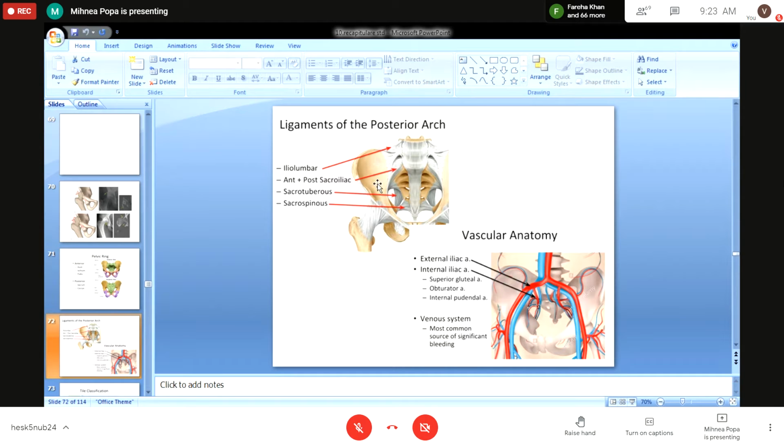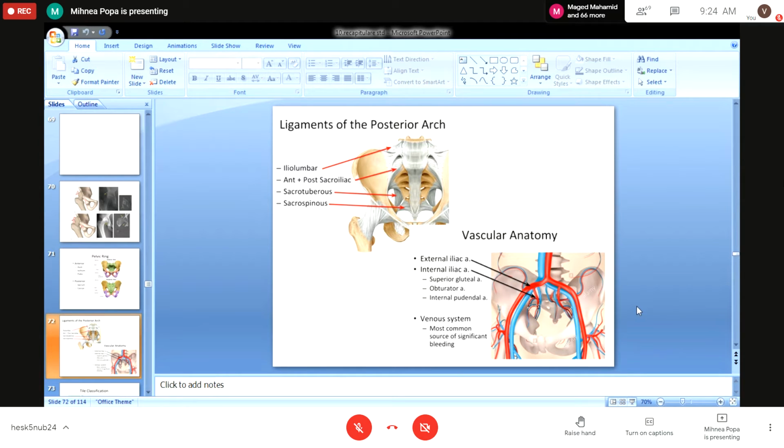Very important in this type of lesions, because next we will discuss lesions of the pelvis. This is also an orthopedic emergency, because first of all, the vascularization, as you can see here, is very high, and the most problematic part of these types of luxations or fractures of the pelvis is the lesions of the veins in the posterior part, because there are a lot of plexuses there, and all of these plexuses, if we have a fracture of the posterior walls of the pelvis, will